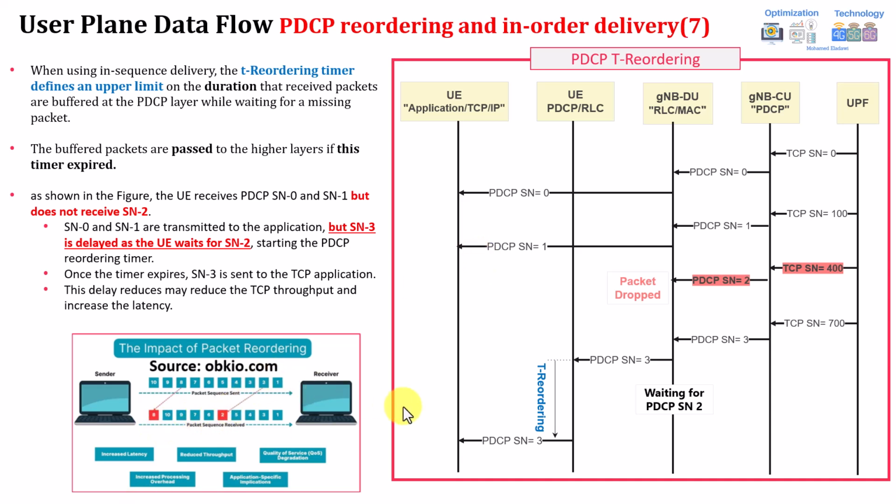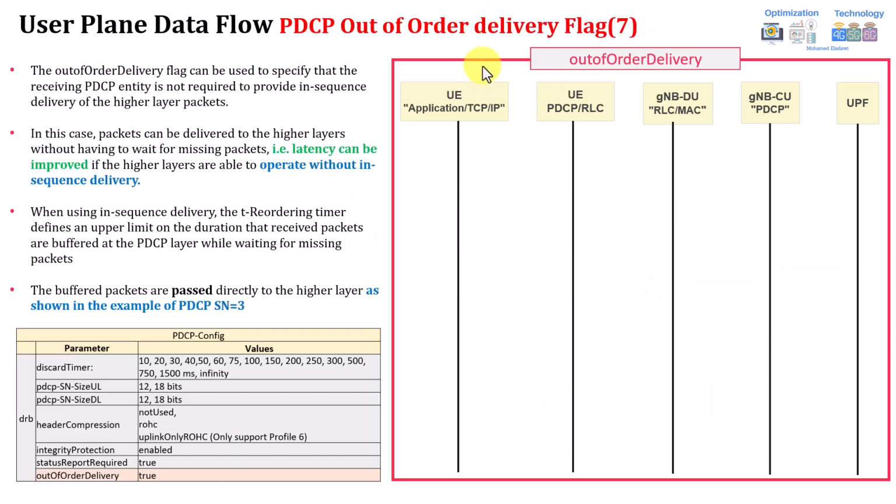I will explain to you, because sometimes you need not only to tune the timer, you need even to try to solve the root causes, which is causing this kind of out of sequence delivery within the radio perspective. So now let's move to the next function, which is related to what will happen when you disable this out of order. Okay, if you look at this figure, this is exactly the same figure.